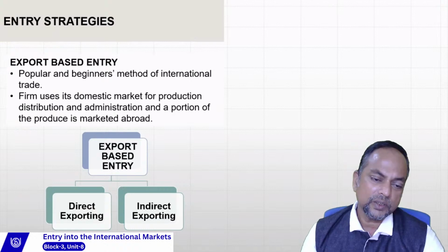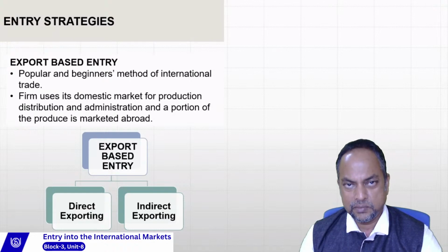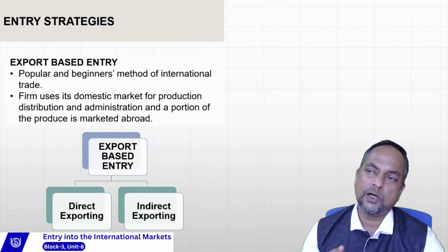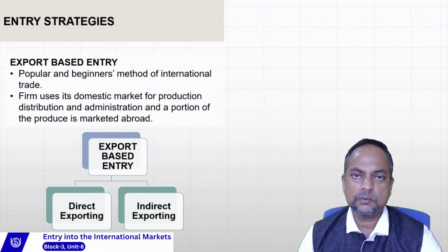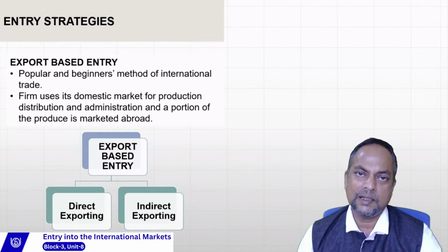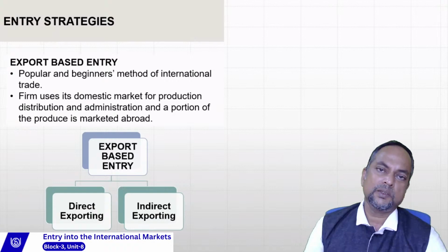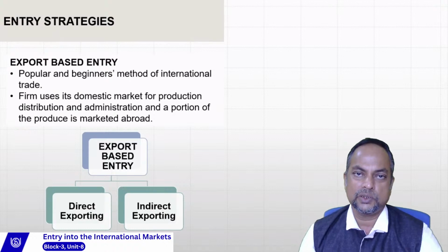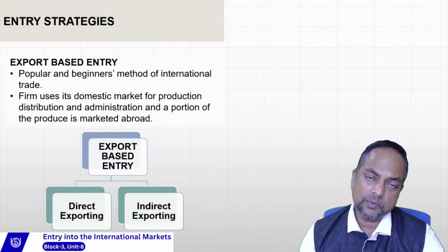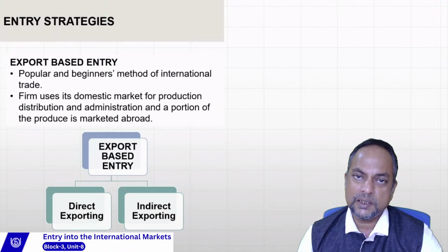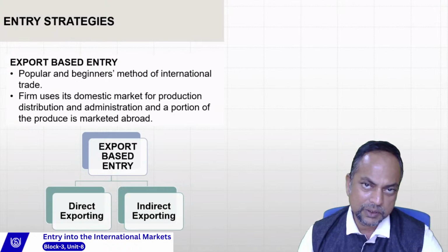You can go for indirect export. Right? So, indirect exporting can be done in two ways. Indirect means I export the products to some intermediaries, and then it's the role of the intermediary to carry out all the sales or marketing activities in the host country itself. Right? So I do have an option. I can choose a particular intermediary from the host country itself. Do have a tie-up with it, right?